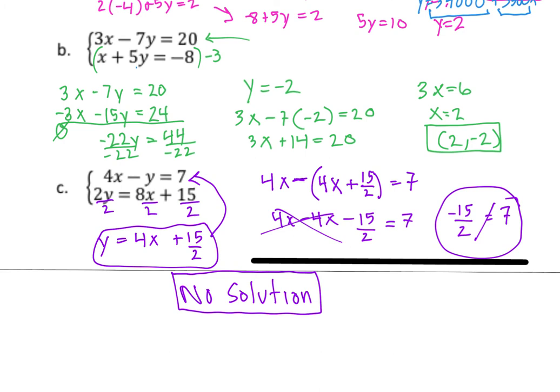Now if we end up with an equation at the end where our variables went away, but the equation was true, so maybe we had 0 equals 0, or 5 equals 5,